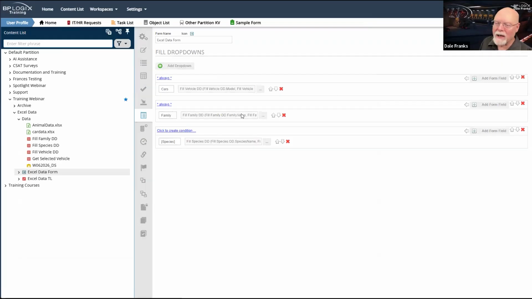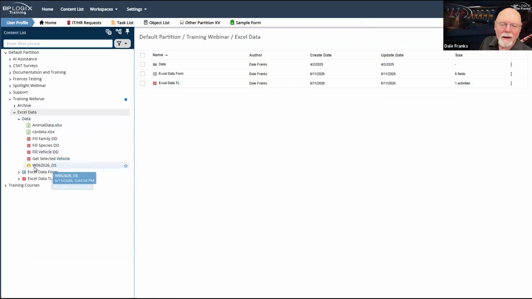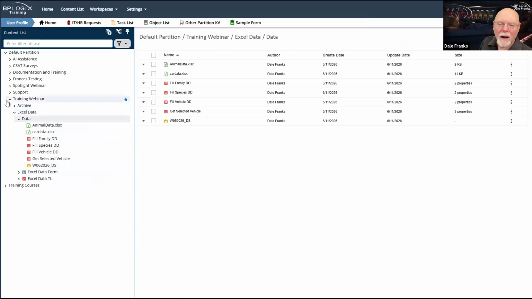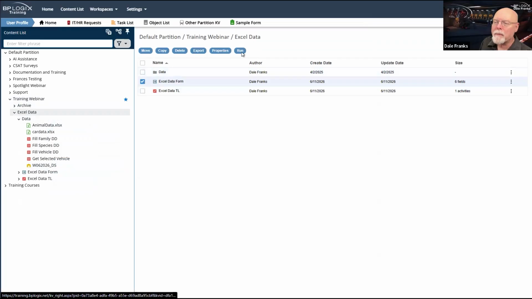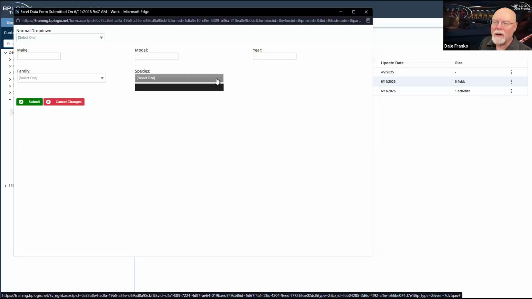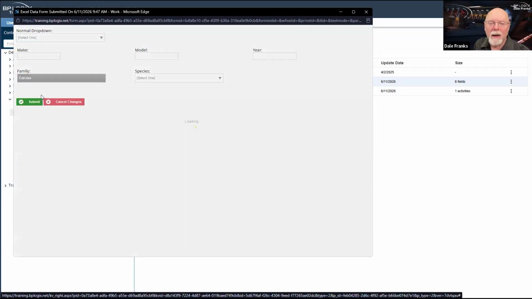Let's run it again. Oops, not what I wanted to do. Let's run it again, because what I wanted to check was to be sure that this field was empty. And it is, but it won't be empty for long because we are going to pick Canidae.